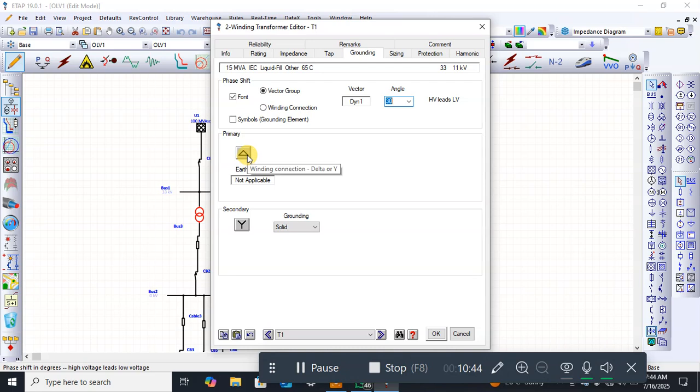So the internal connection of the primary side of the transformer is delta. So this is a sign of a delta. So if I want to change it, you click on it, then it will change to star. So you select what type of grounding it is. Is it an open grounding or solid grounding, resistor, reactor, transformer resistor, transformer reactor. But in this case, the primary winding, according to